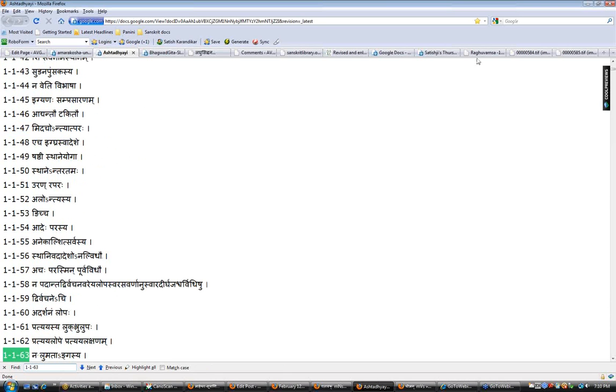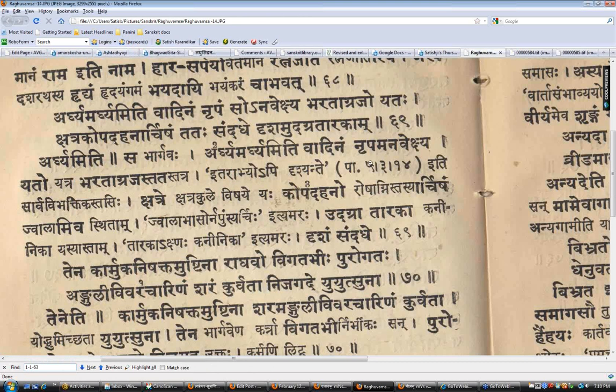Let's start. In fact, you can start for us here. Let's do Raghuvamsham. We are doing the second half. Kshatriya Kopadhana Chisham Tatasandadhe Drisham Udagratarakam. Okay, the whole shloka was Argyam Iti Vadinam Nrupam Anavekshya Bharatagrajo Yataha Kshatriya Kopadhana Chisham Tatasandadhe Drisham Udagratarakam. So now the simple meaning of the shloka was that